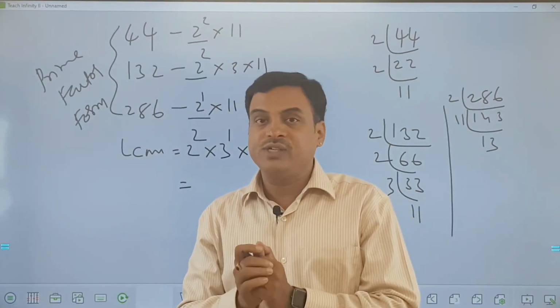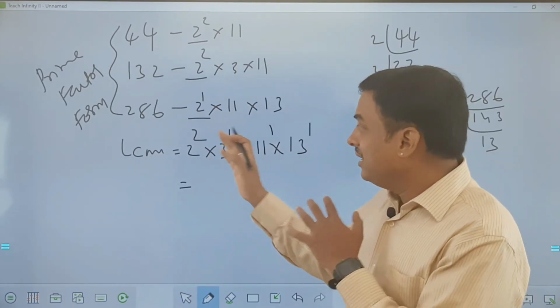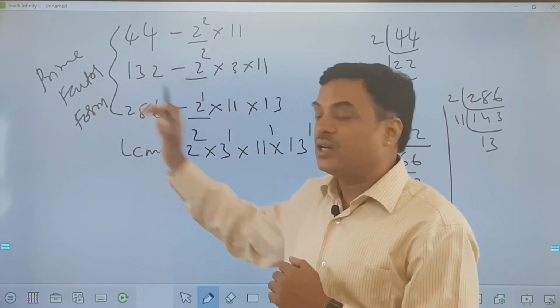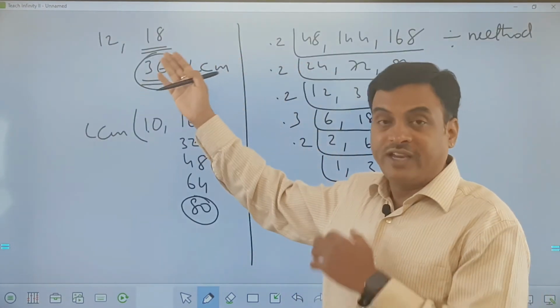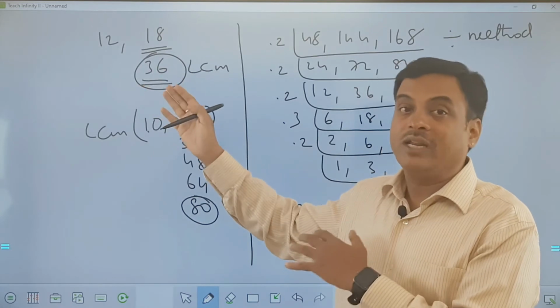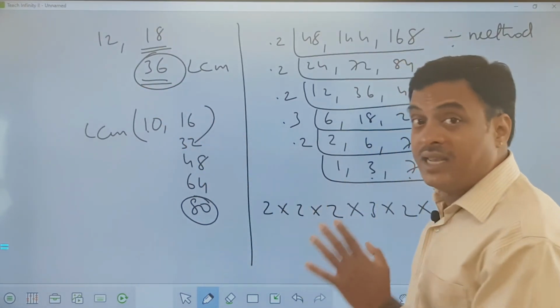So what is my observation? The points which I need to understand about LCM is, these are the alternate methods. This is called the prime factor form method. The other method is called the division method. This is a very fast method but can be applicable for small numbers. So this is overall an explanation on LCM.